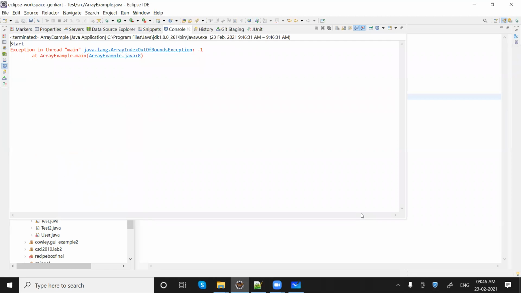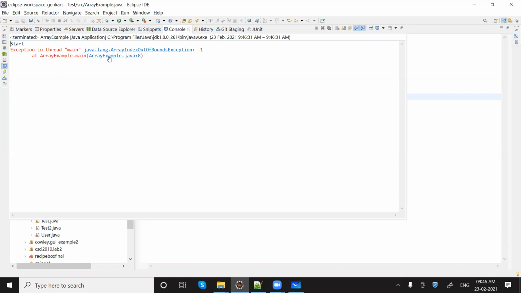You can see we have started the program, but it is not getting executed till the end. What we are getting is java.lang.ArrayIndexOutOfBoundsException at line.